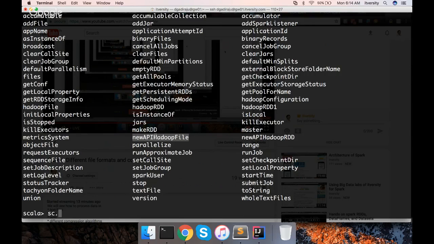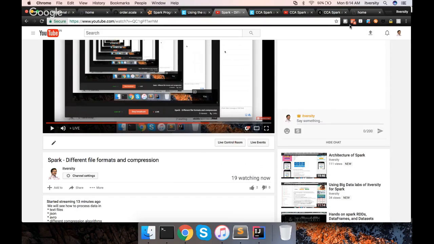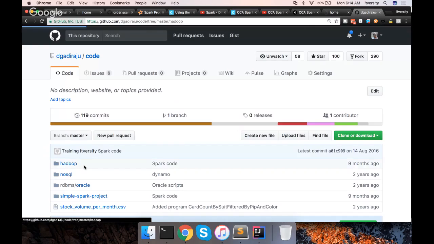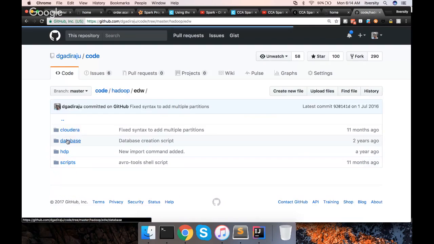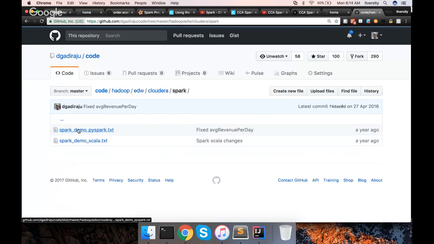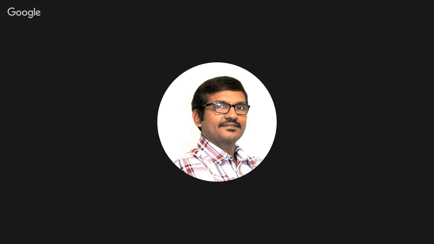Also, if you go to my GitHub code, Hadoop, PDW, Cloudera, Spark, and Spark Demo Scala, I think I have covered the new API Hadoop file format here.